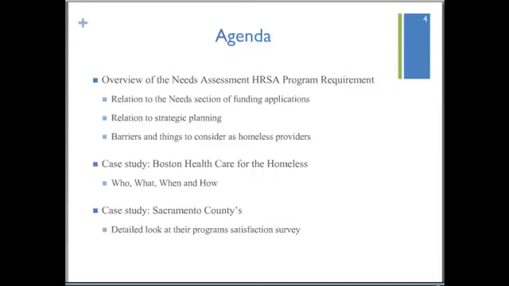You can download a copy of their survey in the Documents pod that is located below the slide presentation and to the right of the Q&A pod. Following the presentation, we will have a live Q&A session with our speakers. After the Q&A session, we will share additional needs assessment resources, then close out the webinar. Without further delay, I would like to pass the mic to our first presenter, Lee Carroll.